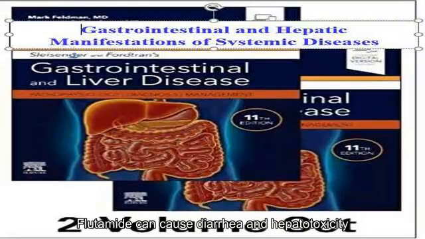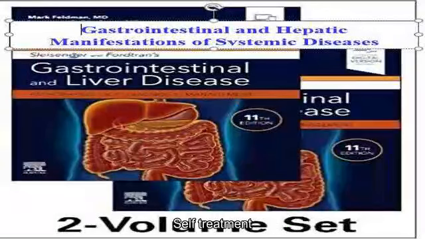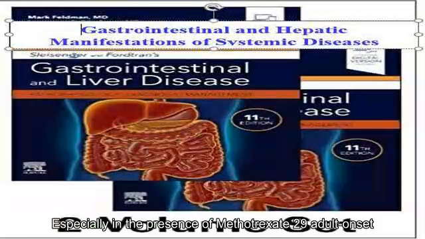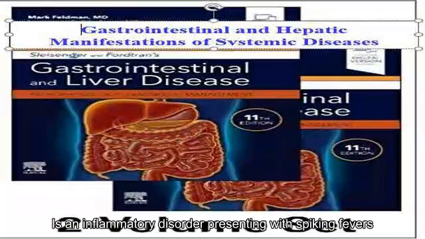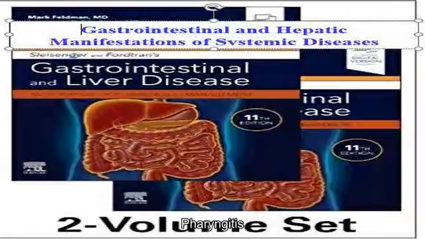Leflunomide can cause diarrhea and hepatotoxicity, usually within the first 6 months of treatment, and is associated with abnormal liver stiffness, especially in the presence of methotrexate. Adult onset Still disease. Adult onset Still disease, the adult form of juvenile RA, is an inflammatory disorder presenting with spiking fevers, pharyngitis, evanescent maculopapular rash,